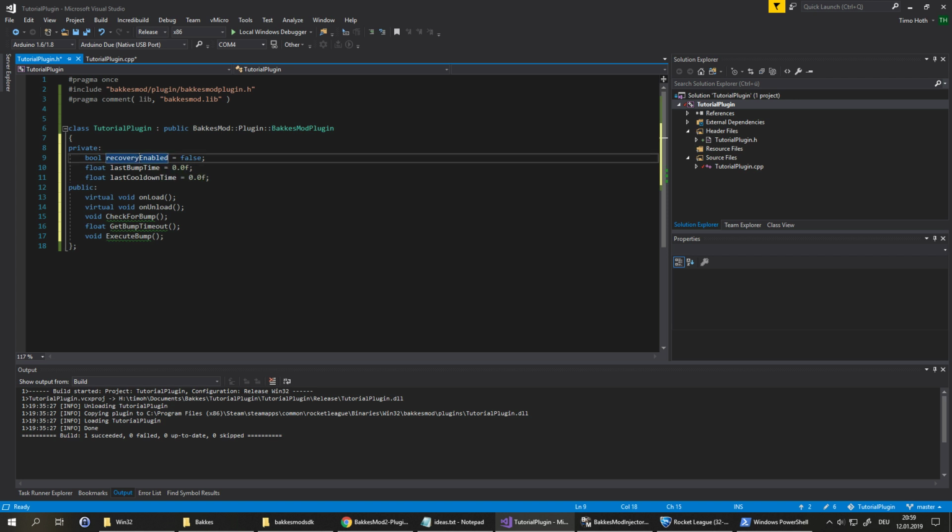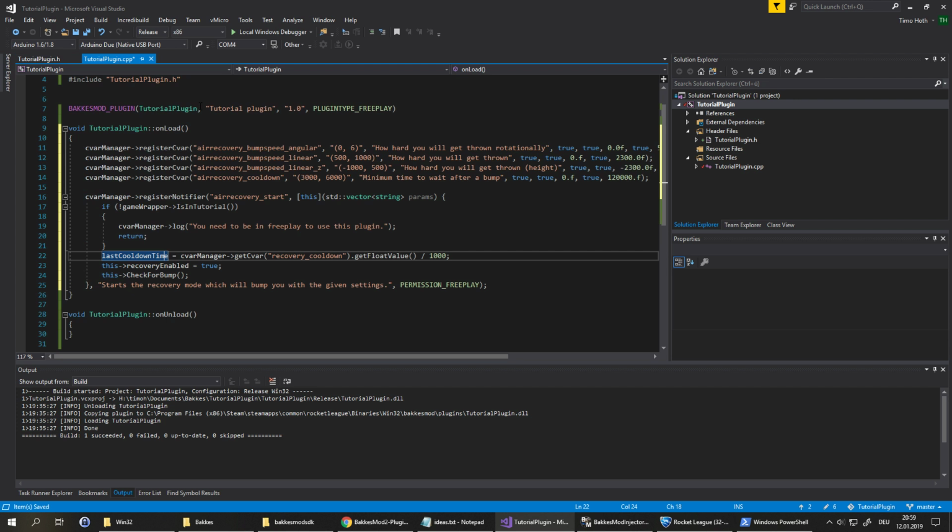Alright, we have recovery enabled, a boolean for that. Last bump time, last cooldown time, initialized to 0. And then what we do when the command is called, then it's gonna set the recovery cooldown, the last cooldown time. Okay, so